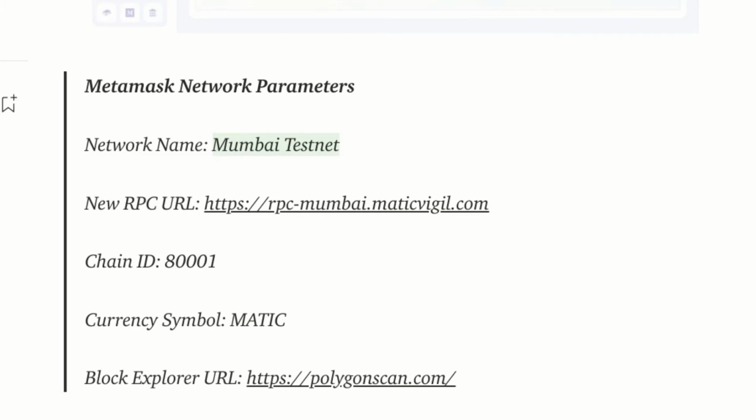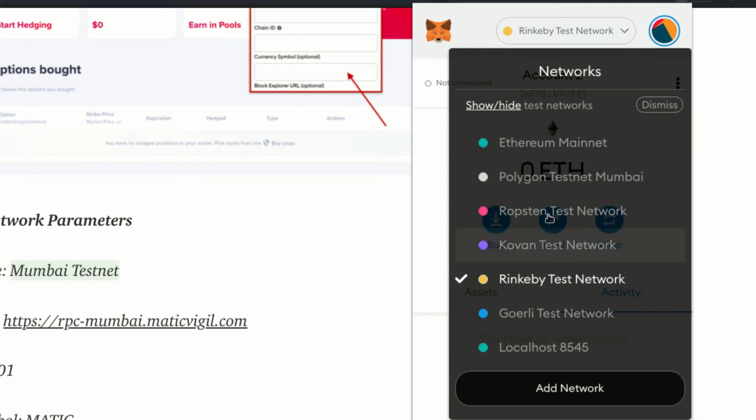If you wish to launch something of your own, then I would definitely suggest you go for Polygon, because the gas fees for Ethereum are really high. Polygon is very cheap, and it can help you get started with your own NFT project. As you can see in the networks here, I have this already added as Polygon Testnet Mumbai,